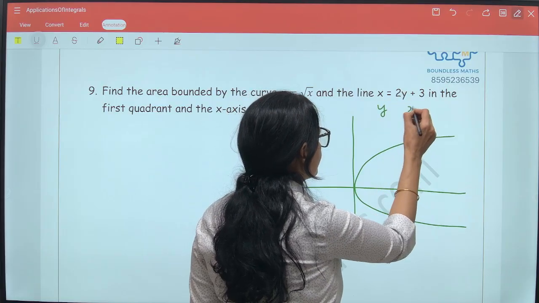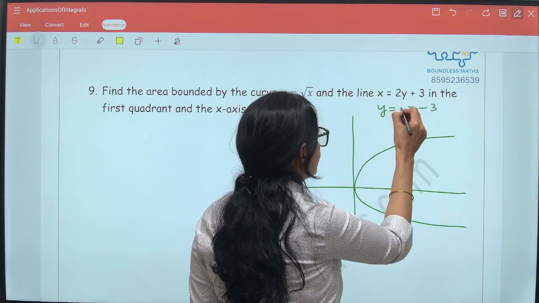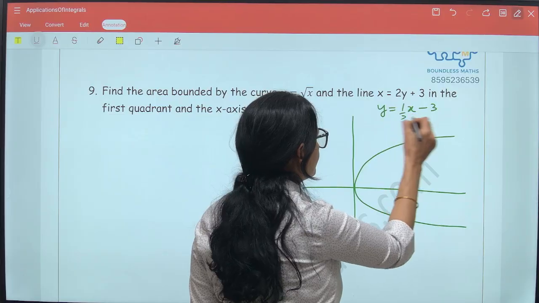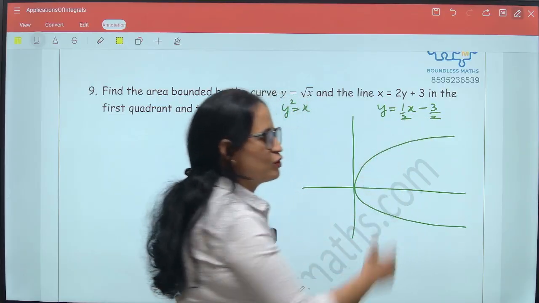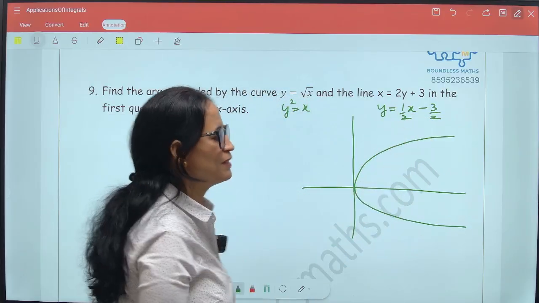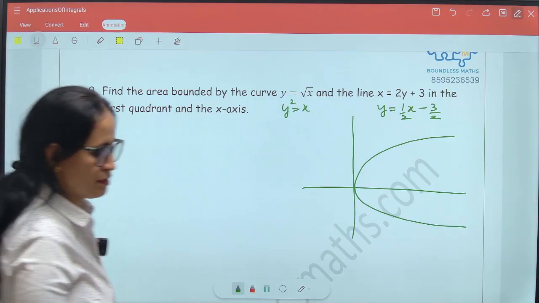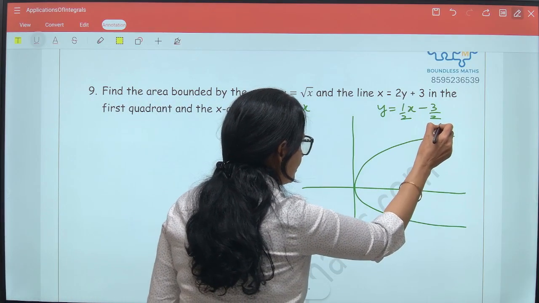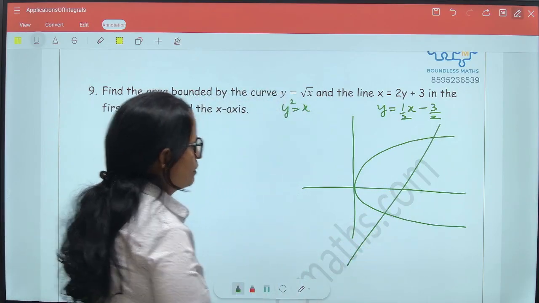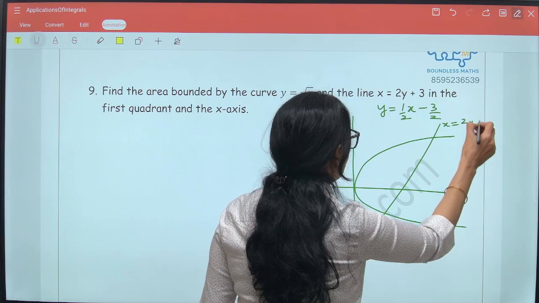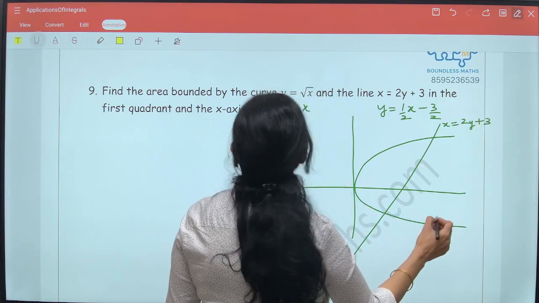Bring this 3. x minus 3, and you don't really need the slope, just need the sign. So if you bring it here, it is just this. The coefficient of x is positive, that means it is a line with a positive slope, that means it is making an acute angle with the x-axis. So it might be something like this. So this is the equation of the line, x is equal to 2y plus 3, and this is the parabola